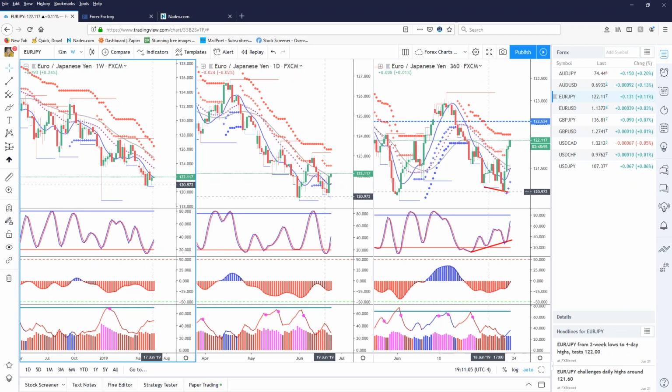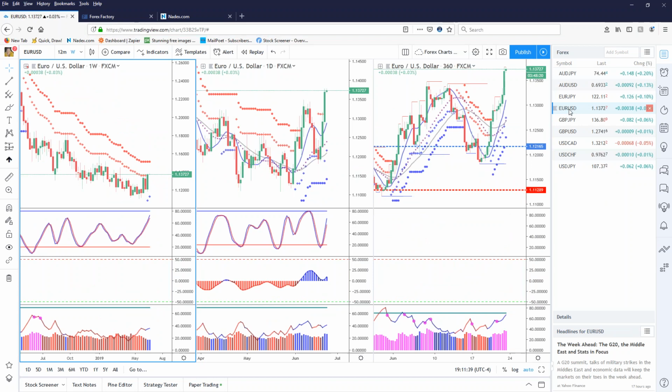122.23. This is a good example of the trend divergence here that kicked off this upward move. You've broken through the ATR. I expect it to come here, but again, it's probably going to come back and test 121.47 before it continues up. Okay, and that's just because price needs that support area to push price up further. Does everybody understand that? Then on the euro dollar,